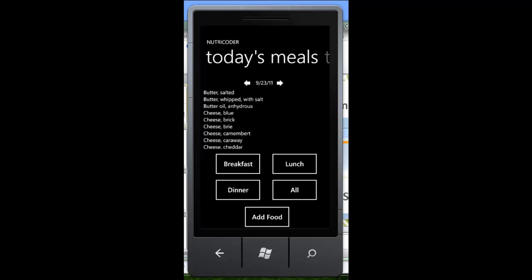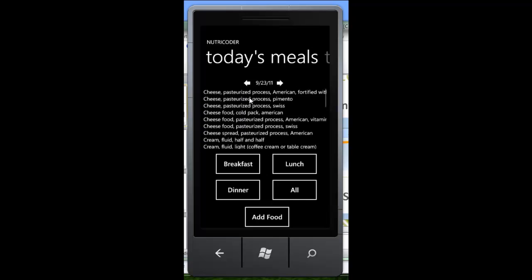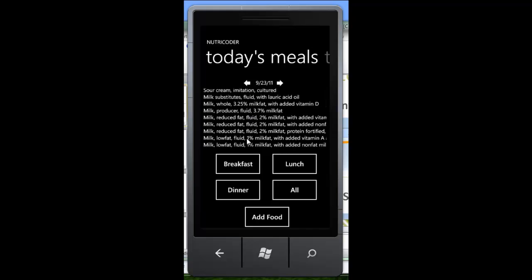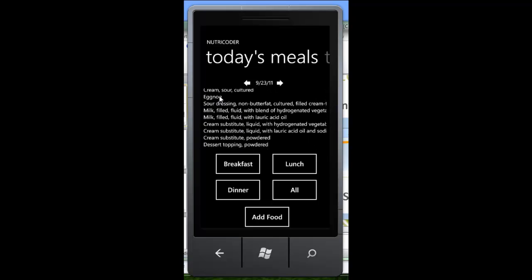Let's take a look at my app. So right now, the app is loading from the database all the food in a nice, right now we just have a simple list with all the food. So you can scroll through the food, pick what you're going to eat. So let's say, we had some eggnog. It's not quite that time of the year yet, but,